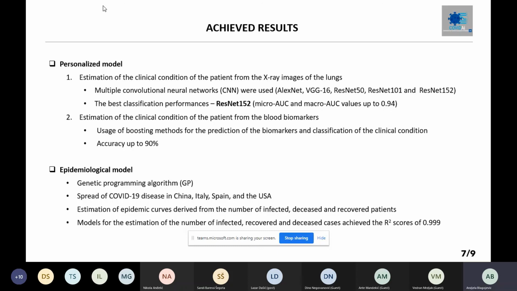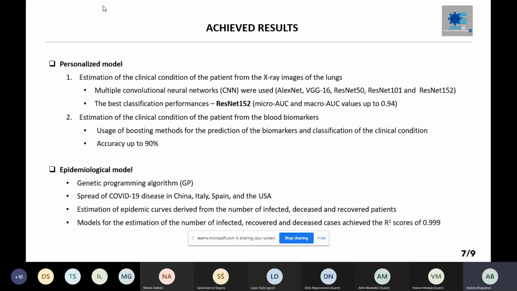For this paper, we used some boosting methods for the prediction of biomarkers. First of all, we used some feature selection algorithms to get the most important features or biomarkers. Then we predicted those most important features, and then we classified them in 1 of 4